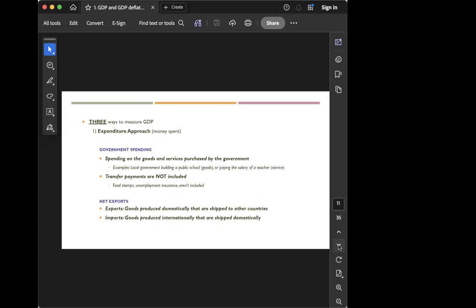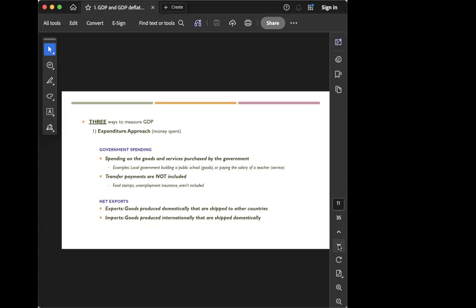And also, there is the government spending part. Government spending includes spending on goods and services purchased by government, of course. For example, if the local government builds a public school, that is also considered government spending. Or what else? If the government pays the salary of a public school teacher, that also counts as government